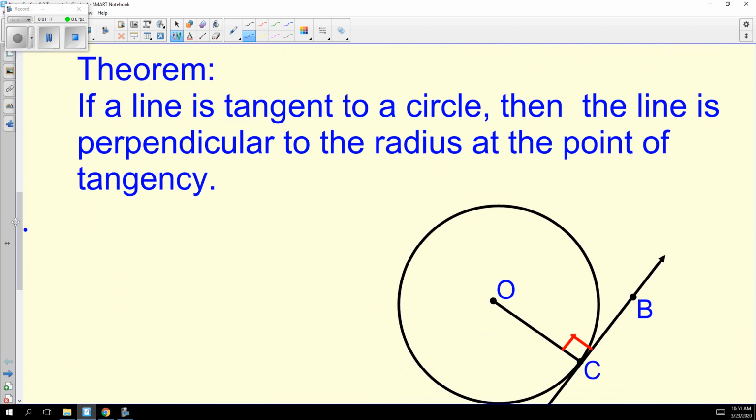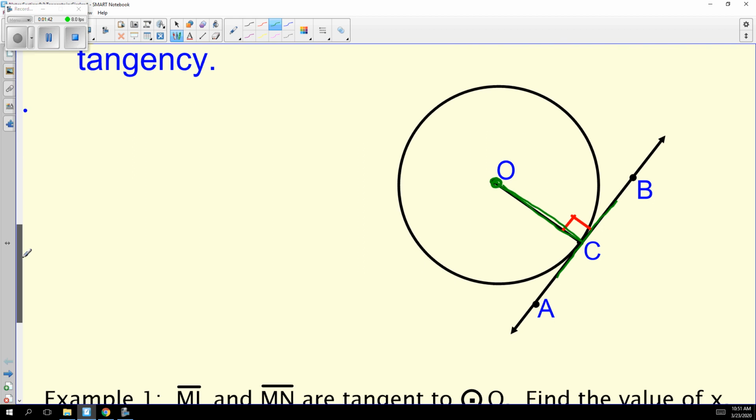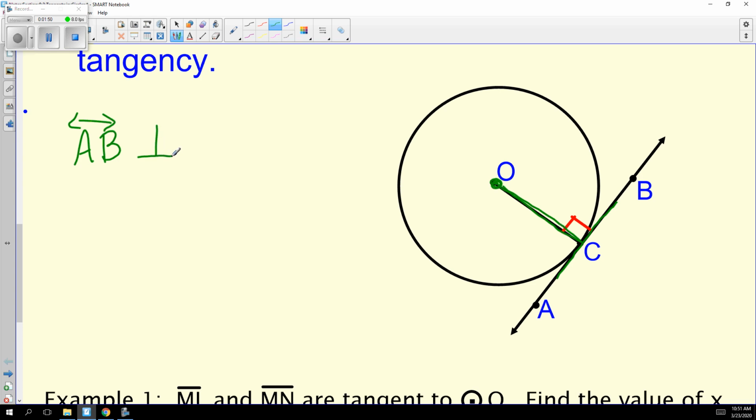All right, so there's a theorem about a tangent line. If a line is tangent to a circle, remember that means it touches at one point and only one point, then the line is perpendicular to the radius at the point of tangency. Remember that a radius comes from the center and goes to any point on the circle. So there's a radius and there's a tangent line, line BC, or line AB if you prefer. So we can say that line AB is perpendicular to segment OC, or radius OC,